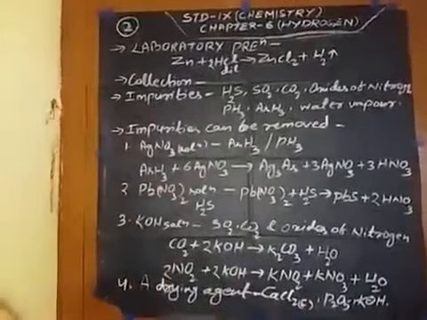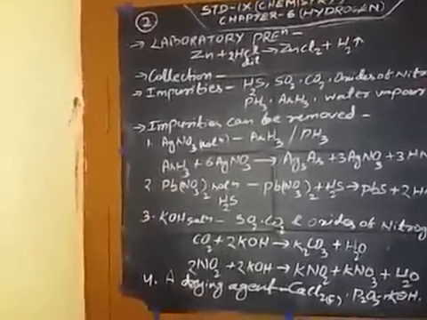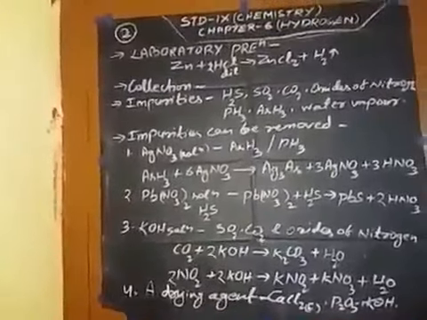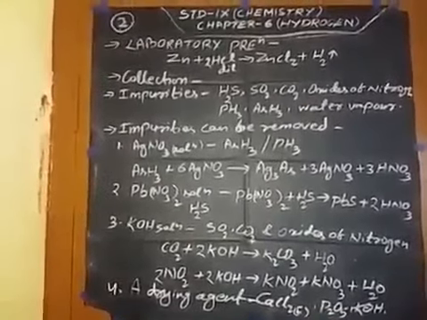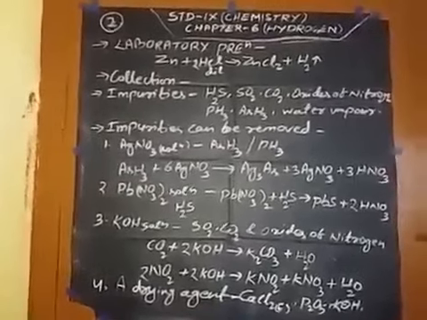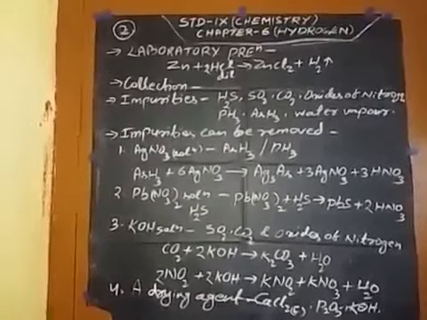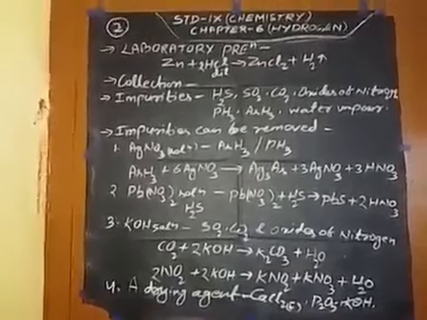So there are precautions. The apparatus should be airtight and there should be no leakage of gas. There should be no flame burning near the apparatus. The gas should be collected only after all the air in the apparatus has escaped. The end of the thistle funnel should be dipped under acid so as to prevent the gas from escaping.